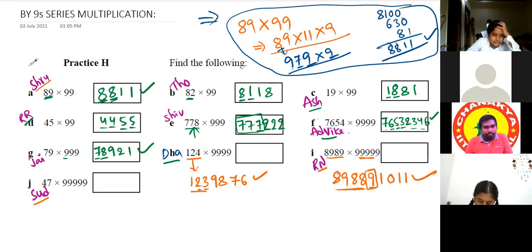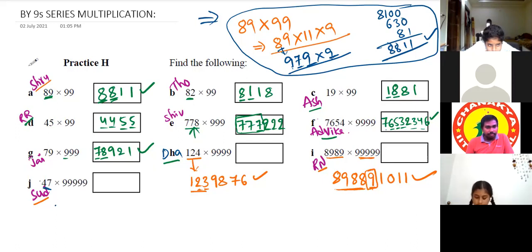Sir, tell me, that is 47 into 99999. Okay. So for the predecessor, we have to add 3 more zeros to it. If we add 3 more zeros, its value won't change, but the digits will. So the predecessor of the number is 46, so 0, 0, 0, 4, 4, 6.